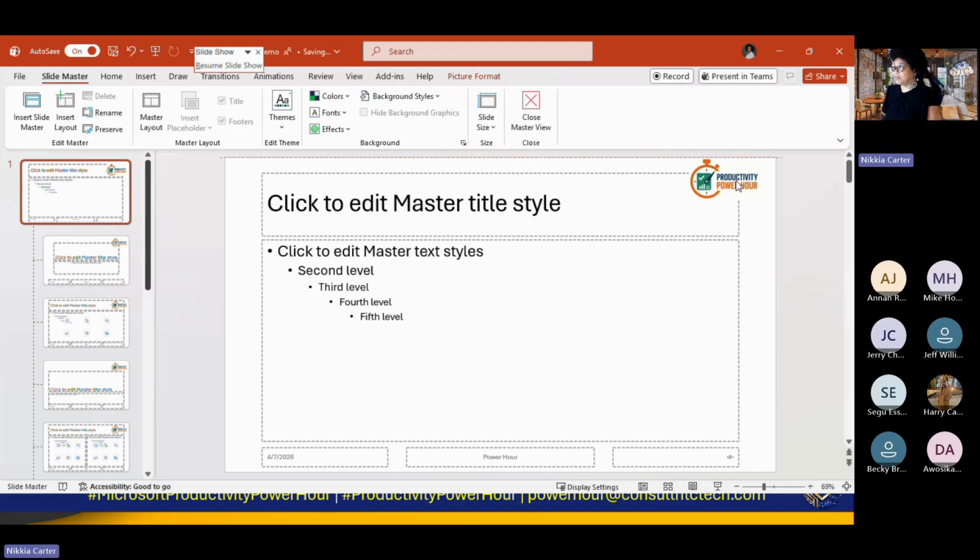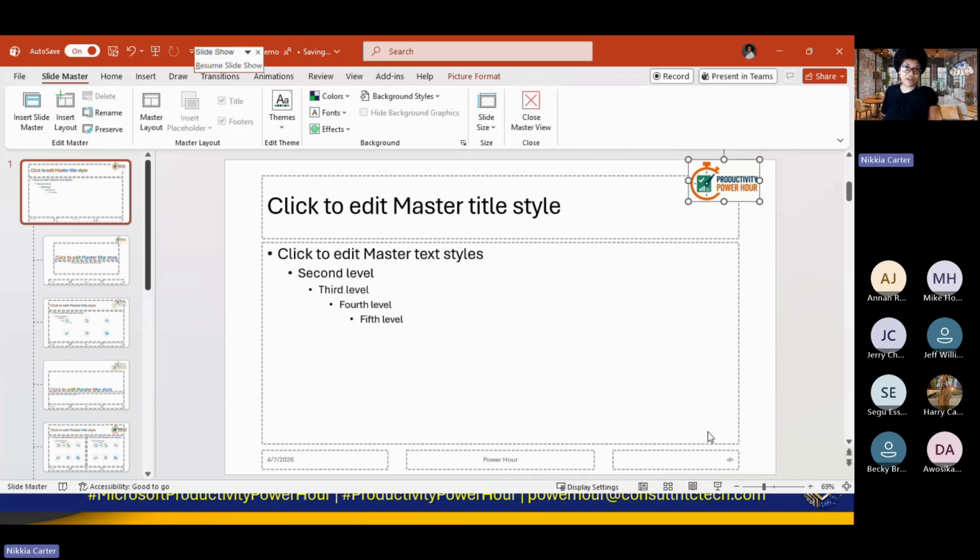So if it needed to be smaller, maybe it needed to be down here in the corner somewhere, you can adjust it there. Okay. So now when we exit the slide master,